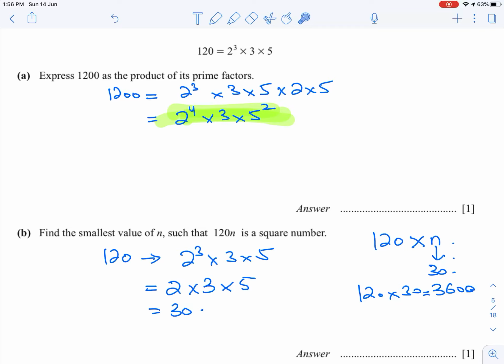So you just have to look at the prime factorization of the given number, and you have to see with which number you will multiply this prime factorization so that every number has a pair. We needed one more 2, one 3 and one 5, so that 3 will also have a pair, 5 will also have a pair, and there will be 2 pairs of 2's. So the answer here would be 30. This is the answer for the second part of the question.